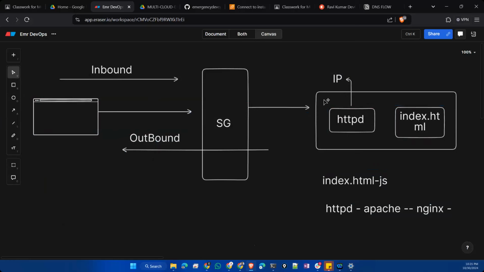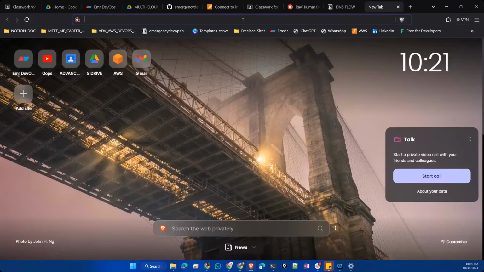So whatever the request comes to your server will forward to HTTPD, then HTTPD will forward it and it will open. And before we are doing this, let's open something, a website like